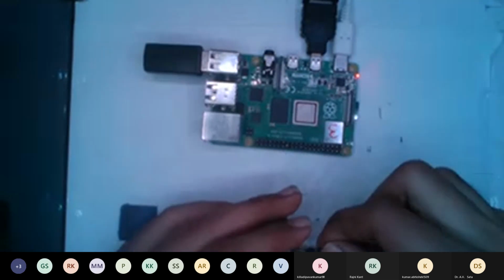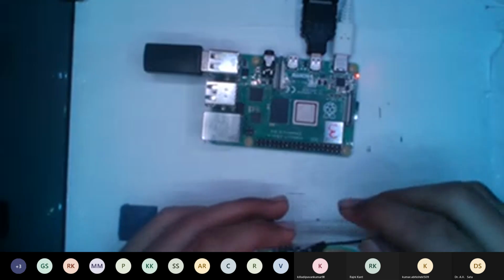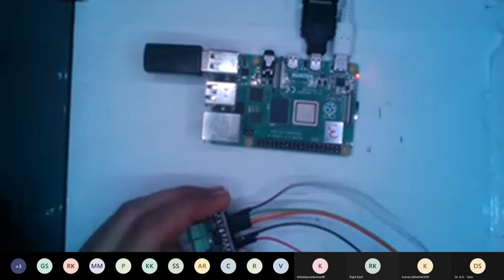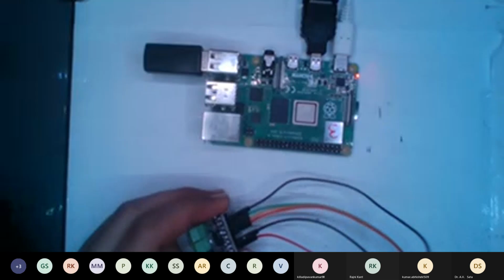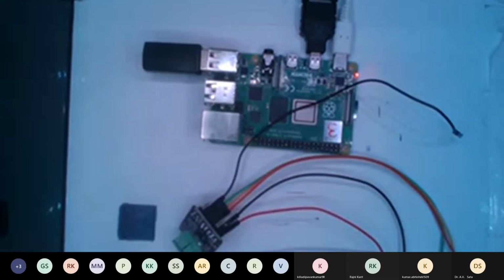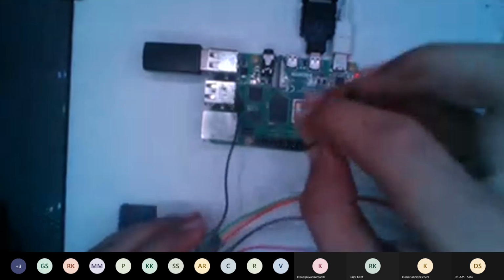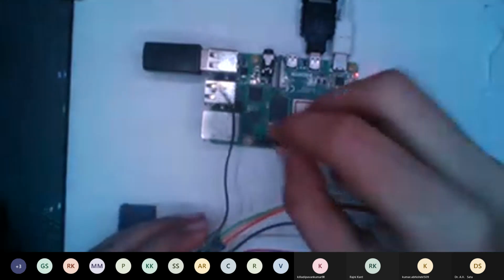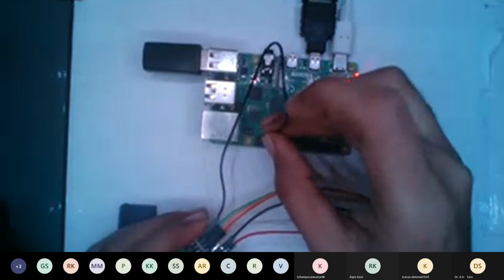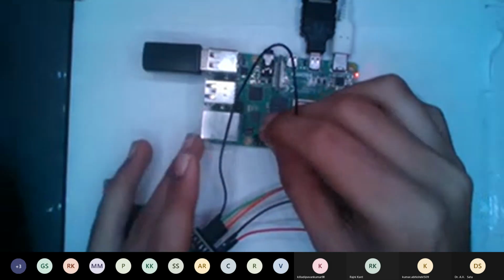Again, a black wire for CS. As you can see, GPIO 5 is the 6th from the right panel.